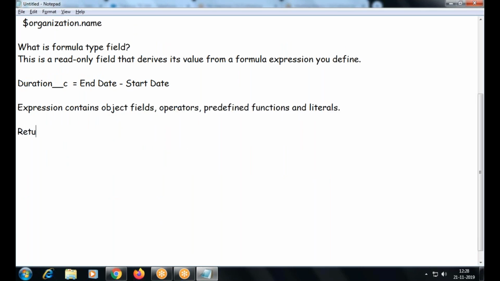And what return types are applicable? Checkbox. What else?